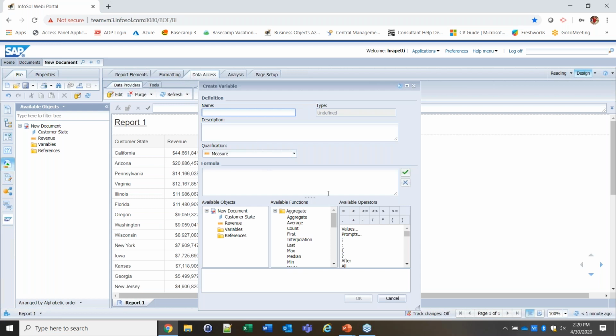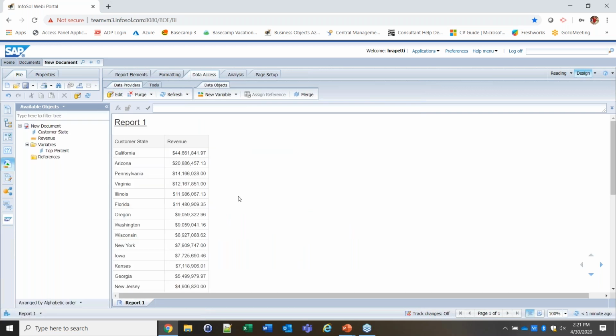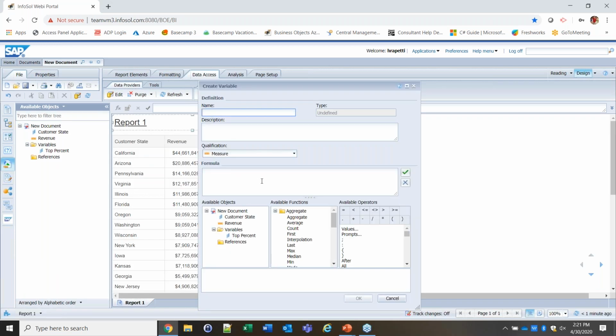The first one's going to be that one called top percent. And it is a dimension. And again, it's just equal to blank for now. And we'll change that later based on what we choose in our input control. And then our second variable is going to be that header, what's going to display. It's another dimension, and we're going to build this one out. So put the word top